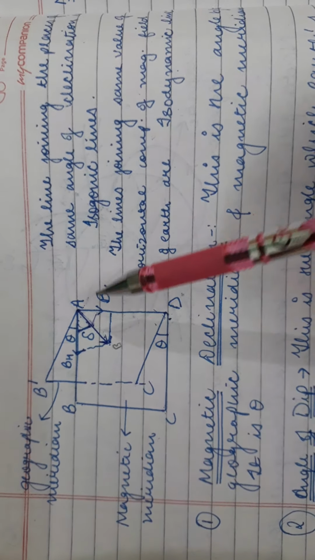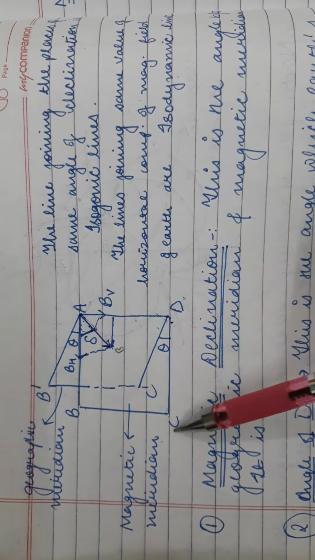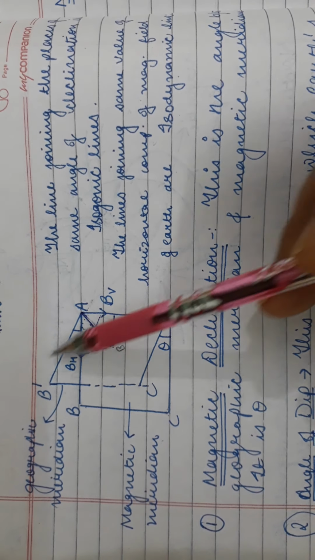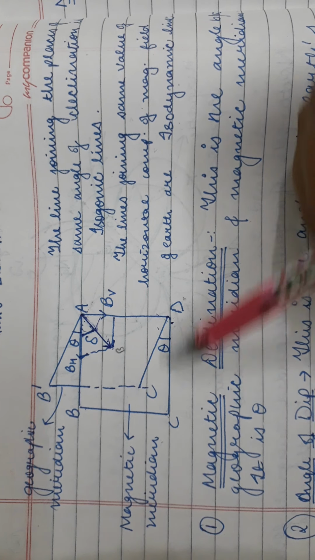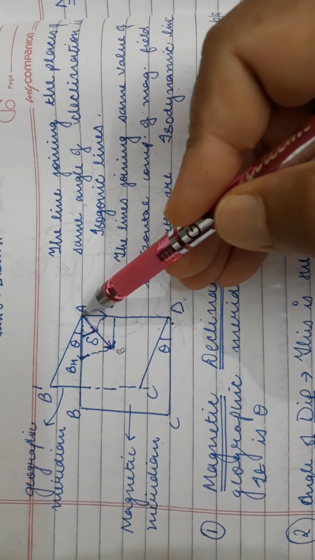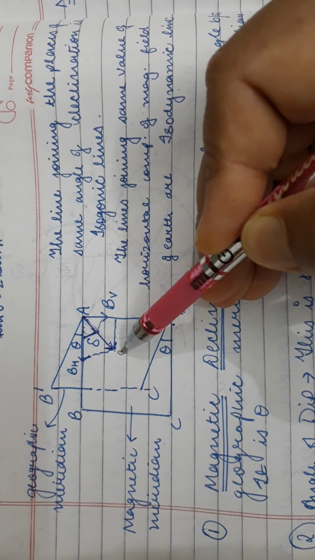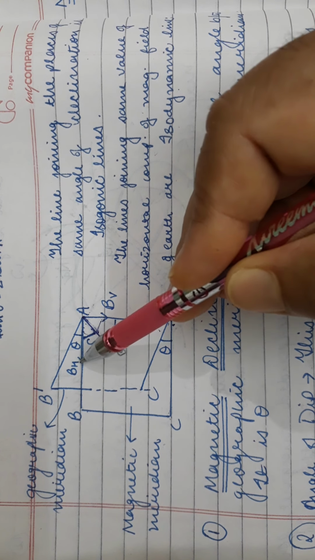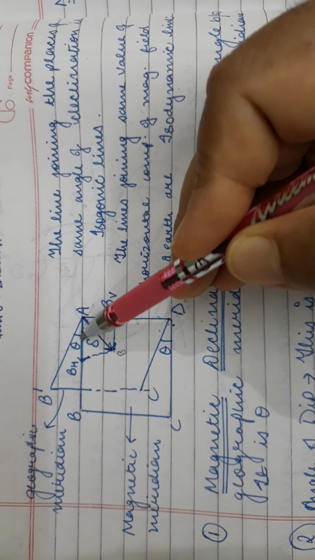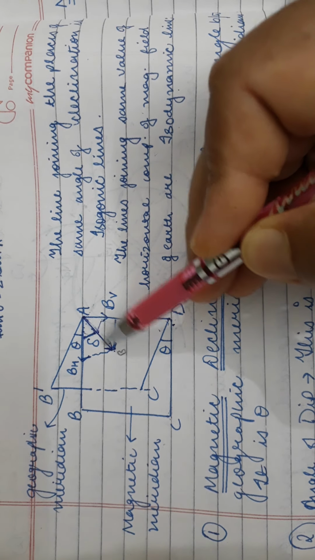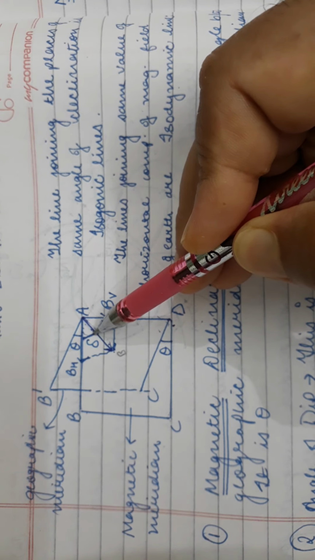One is theta. This angle theta is the angle between these two planes, A, B, C, D and A dash, B, A, B dash, C dash, D. I told you this A, B, C, D is the magnetic meridian. So Earth's total magnetic field will lie in this plane. Suppose this B is the Earth's total magnetic field, and this is the horizontal component of Earth's magnetic field, perpendicular to the vertical. So the angle which the total magnetic field of Earth makes with the horizontal direction is called delta. This is known as the angle of dip.